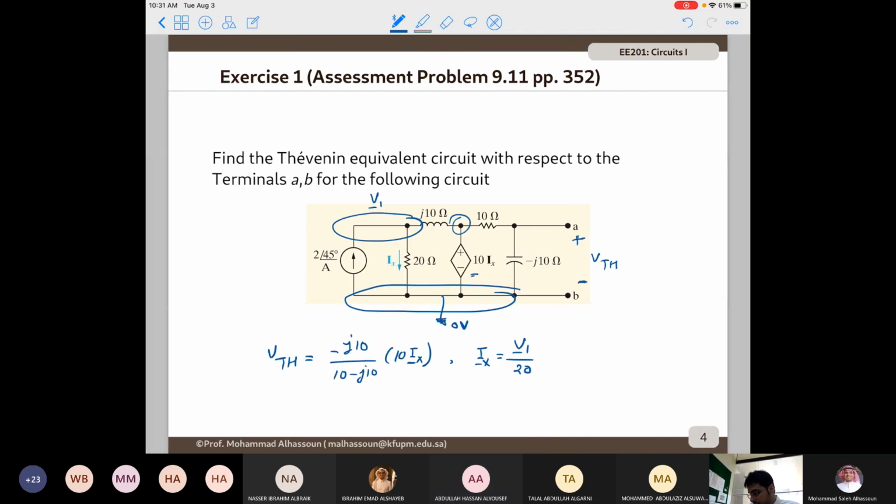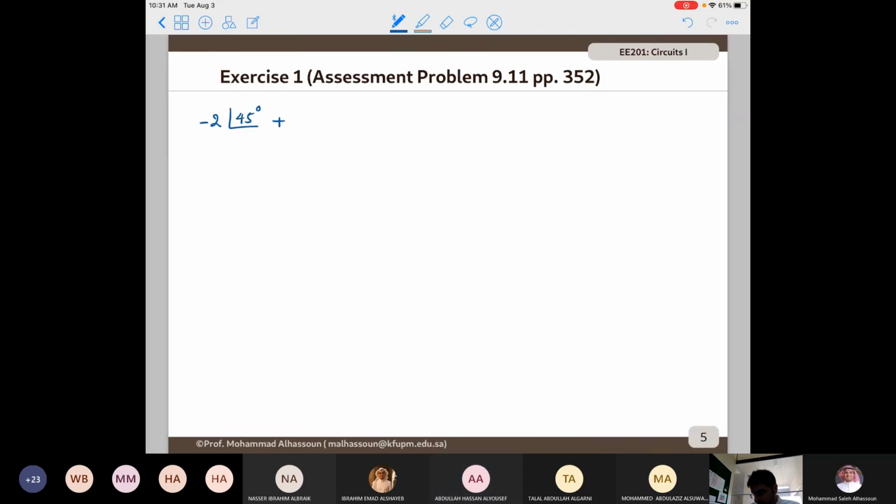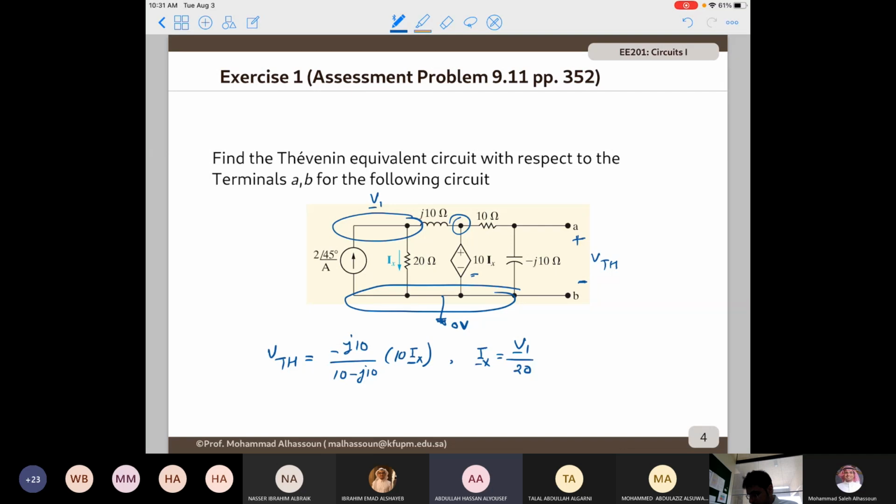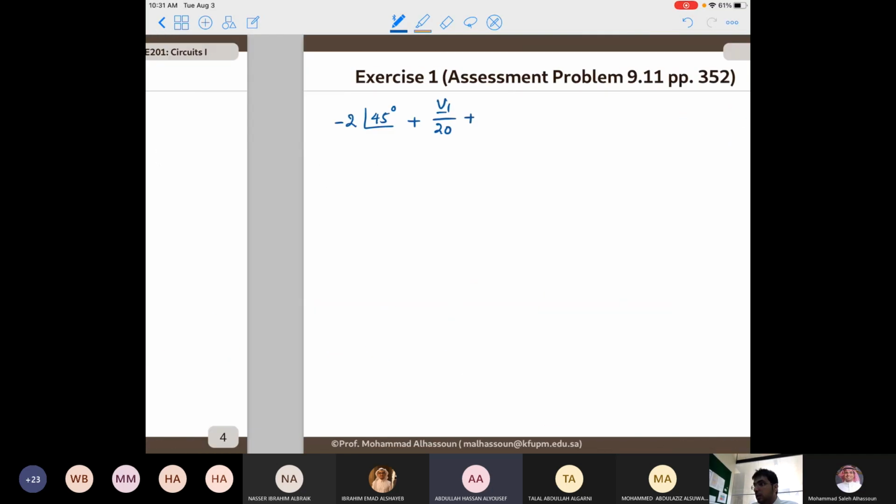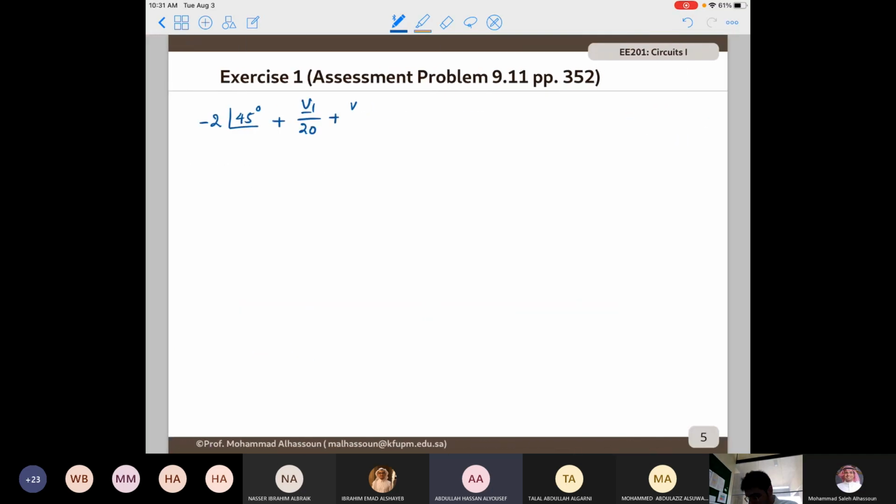Then we have V1 divided by 20, plus (V1 minus 10Ix) over j10. Yes, exactly. Plus (V1 minus 10Ix) divided by j10 equals 0. Okay, very good. So when we cover this part,